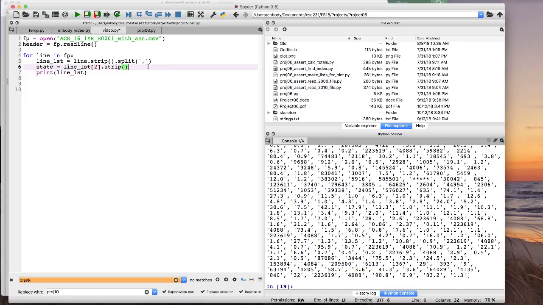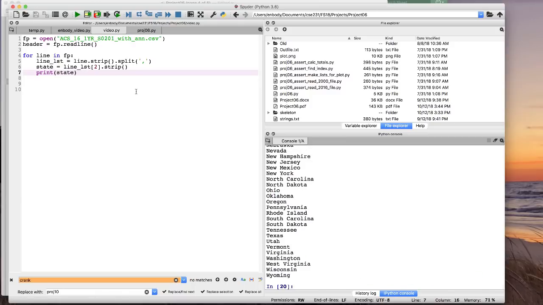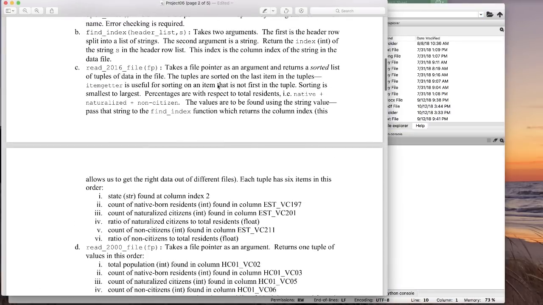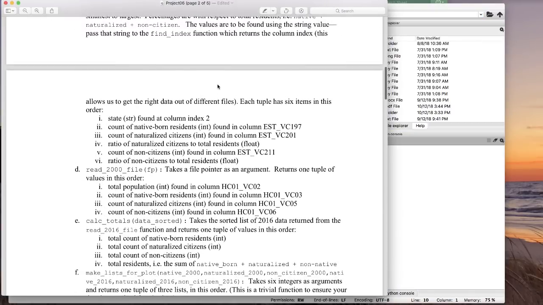Again, I like to strip junk out of there, and let's see if we can in fact print the states. And we do. There's all my states. They're coming out. Looks like alphabetical order there. Now what we need to do is find an index. And so in my instructions here, we want the native born